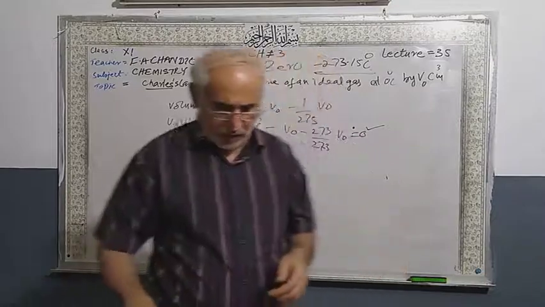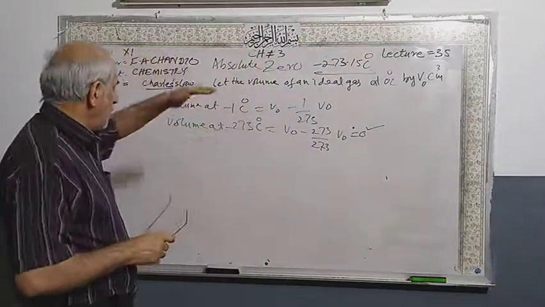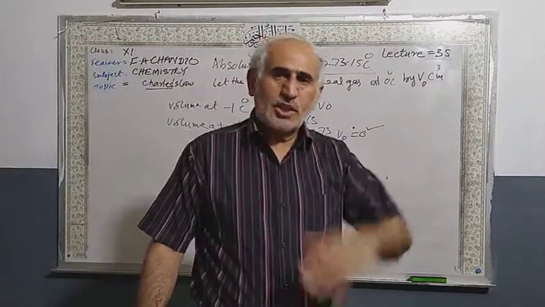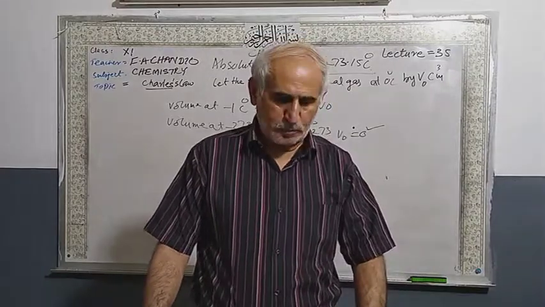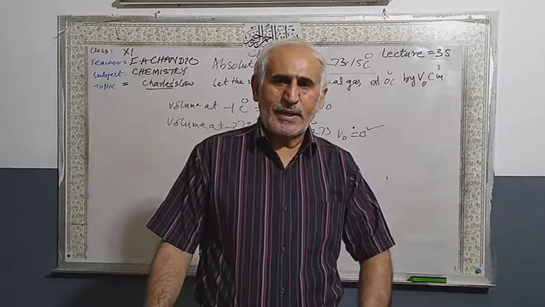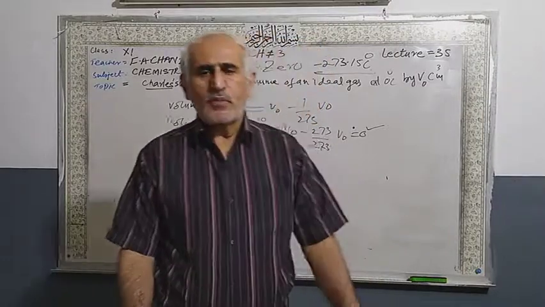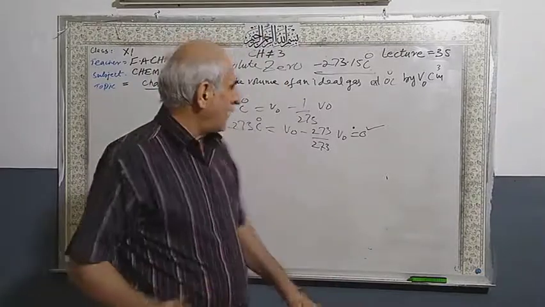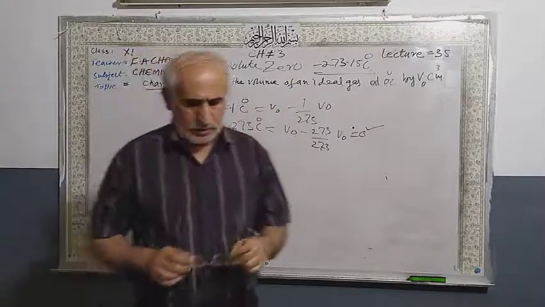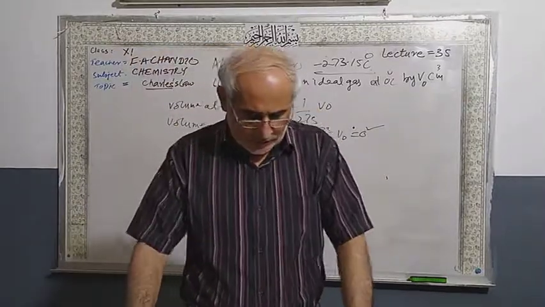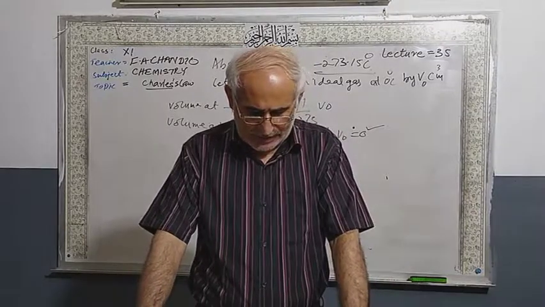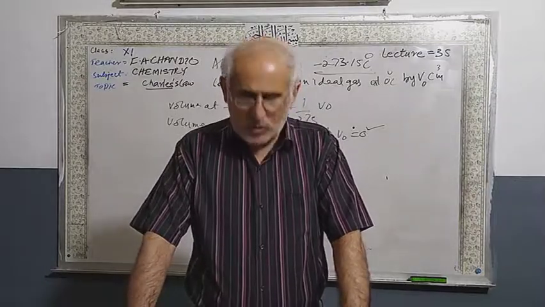So when you plot the extrapolation, before reaching minus 273, the gases start to liquefy or solidify. Because hydrogen gas is a non-polar, lighter gas, it changes into liquid at a very low temperature, near about this 273. So different gases liquefy at different temperatures. So this minus 273.15 degrees centigrade is called the absolute temperature.